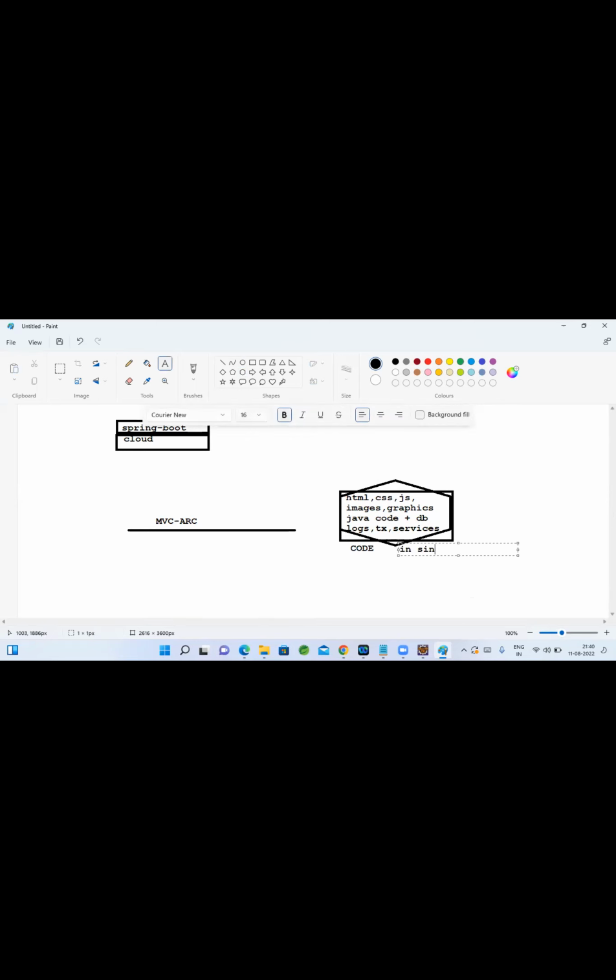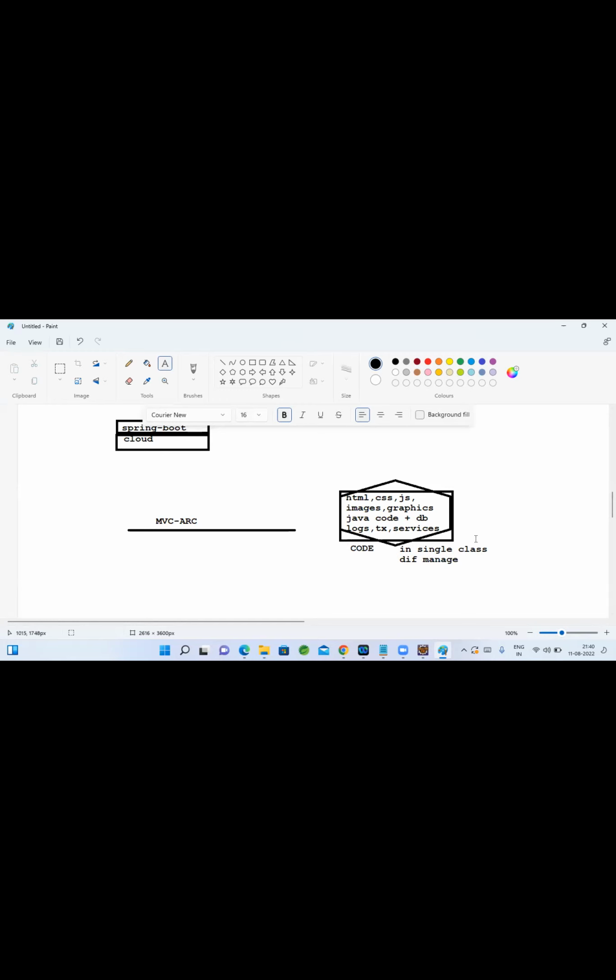If you write it as a single piece, as a single class or code, it is very difficult to manage, and it is not readable also.